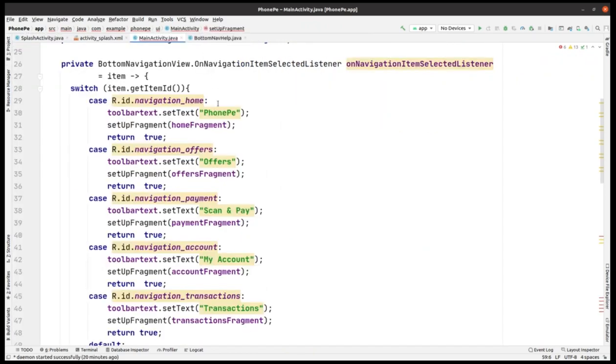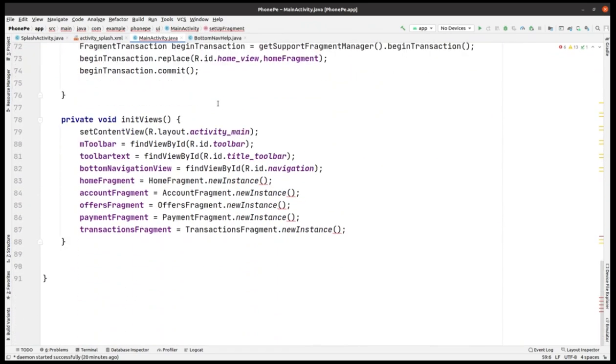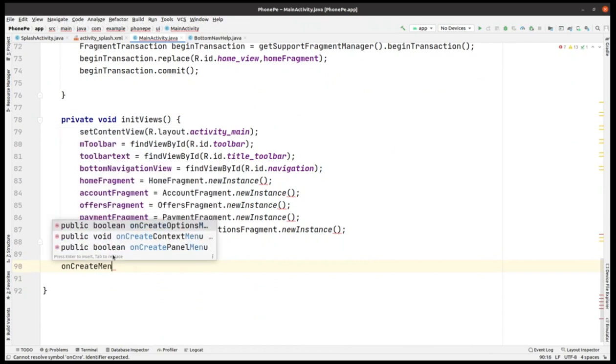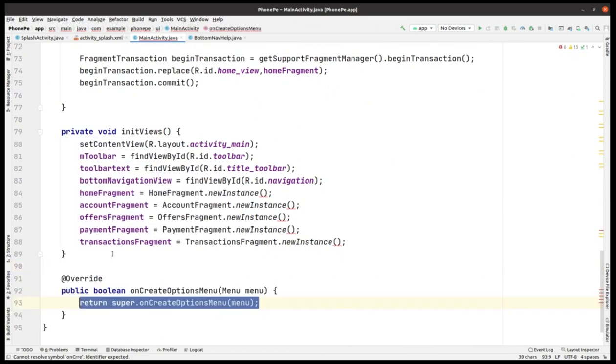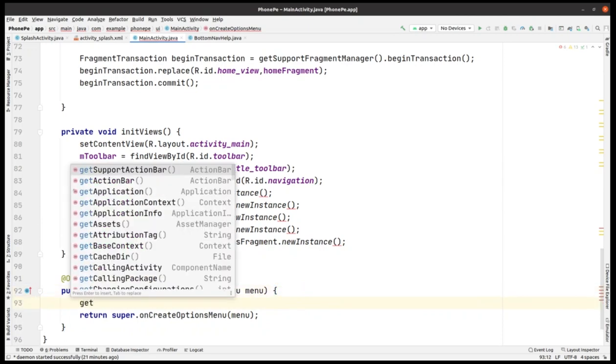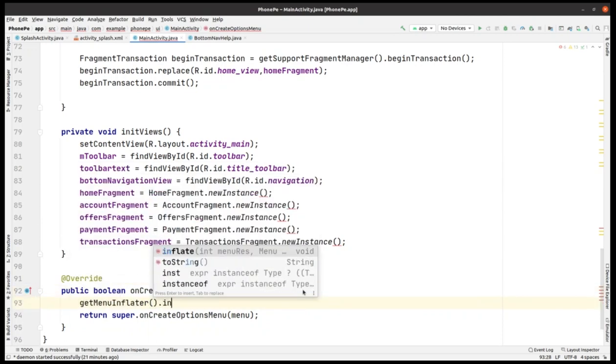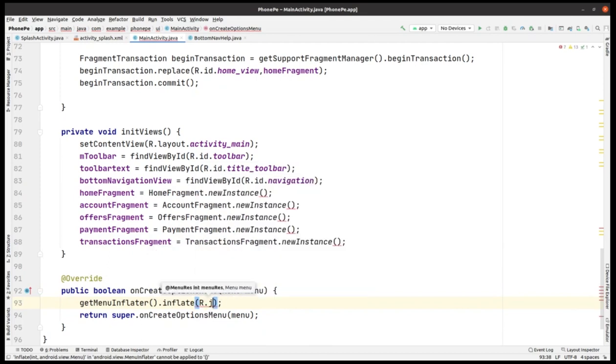Now we have to create another menu, but before that let me see if there is any option for that. So now we have onCreateOptionsMenu. First let me create the method and then we'll go for that. So now we have getMenuInflater().inflate, and in which R.menu, we have to make another menu, so I have named it as menu,